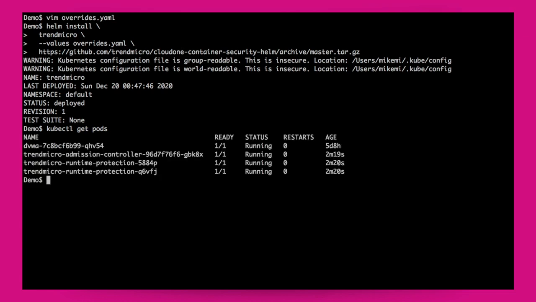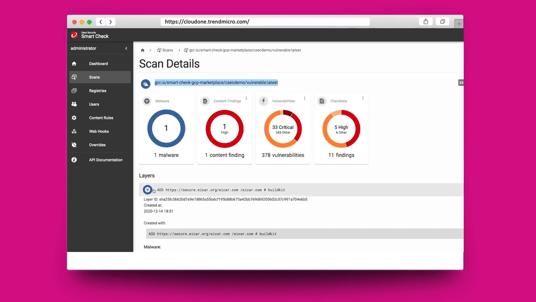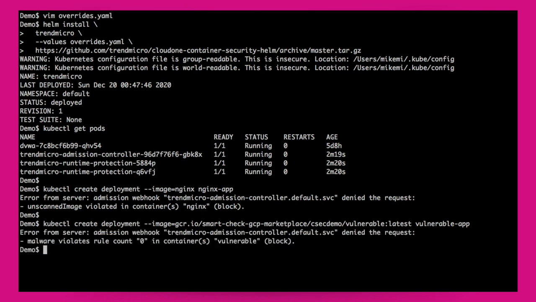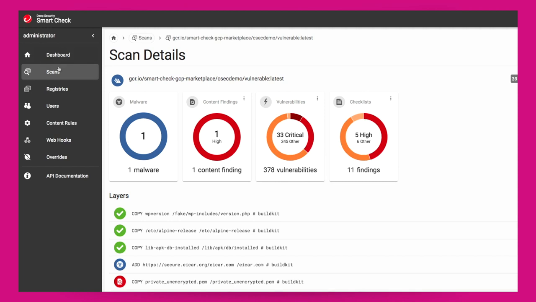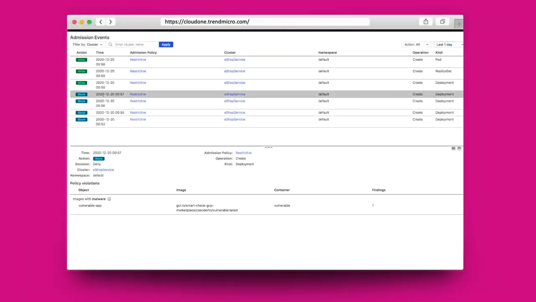You can now see that Container Security is already installed with runtime protection and the admission controller. My image scanner has identified a piece of malware in this image. If I now try to deploy this image to my environment, it will prevent the deployment from running because the admission controller does not allow anything with malware to be admitted to production. Now, going back to the Container Security console, my security operations team can see all of the admission events for